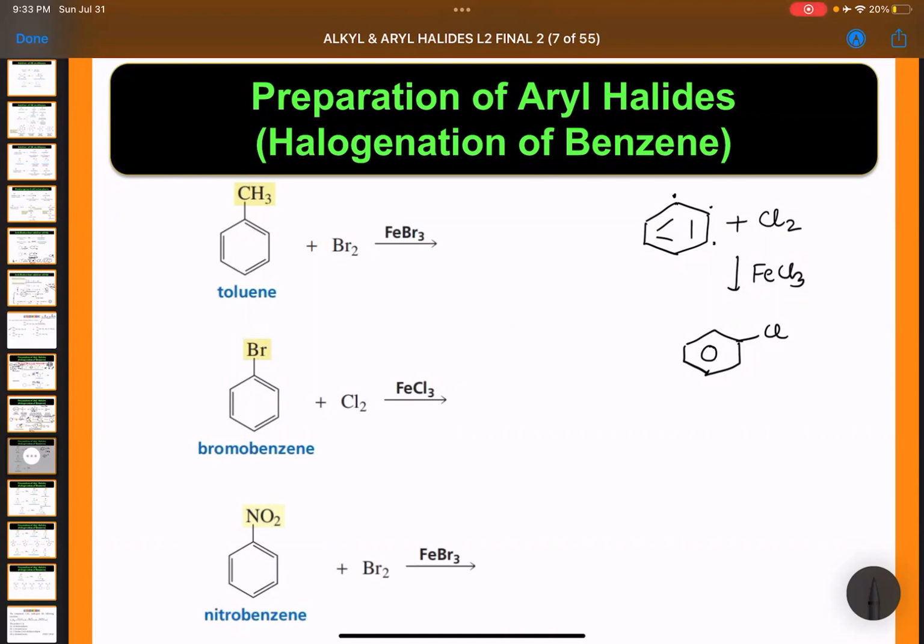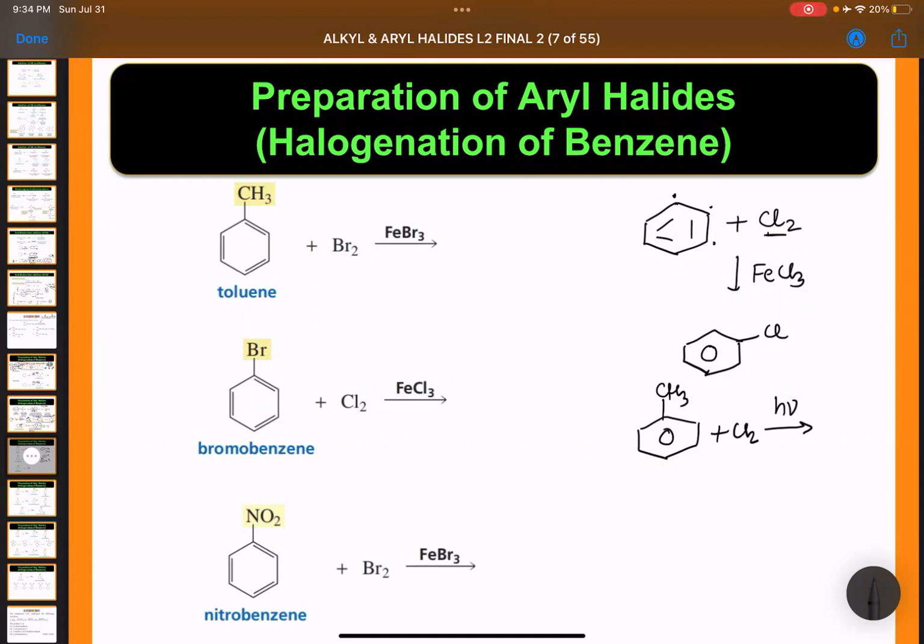Okay, and this can be done by taking Cl2 and FeCl3 and the mechanism we discussed just now. And this is EAS reaction. Let me tell you one more thing. CH3, Cl2, okay, and H nu. But if you take Cl2 and light, and if there is a carbon outside the benzene